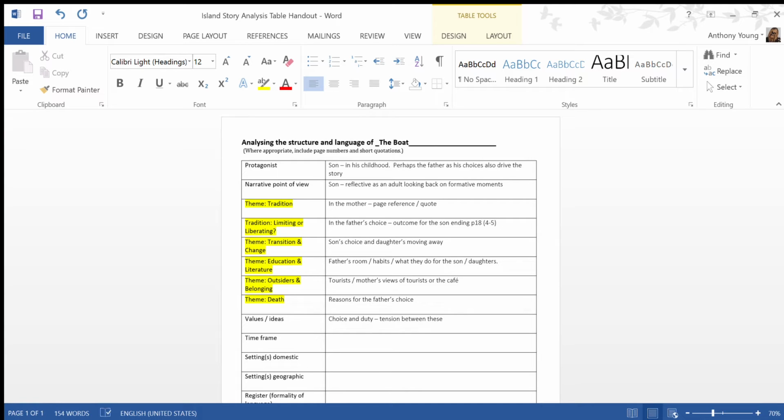Because that's probably the thing that's going to most resonate in terms of you writing about it. Okay, because this next aspect, the time frame, changes quite a bit throughout the collection of stories, it's worthwhile looking at this in terms of the stories that have something similar. So this is a story in terms of the time frame. It's set in the present,